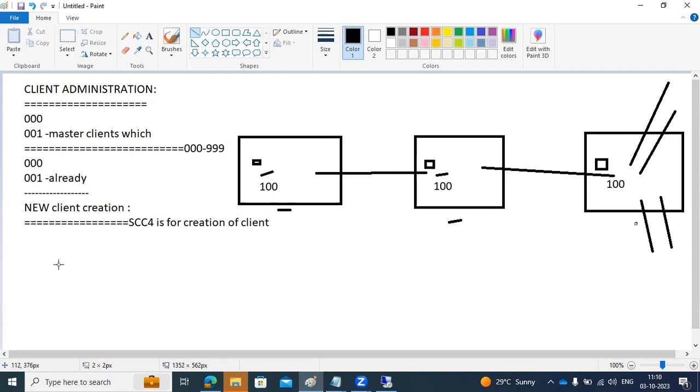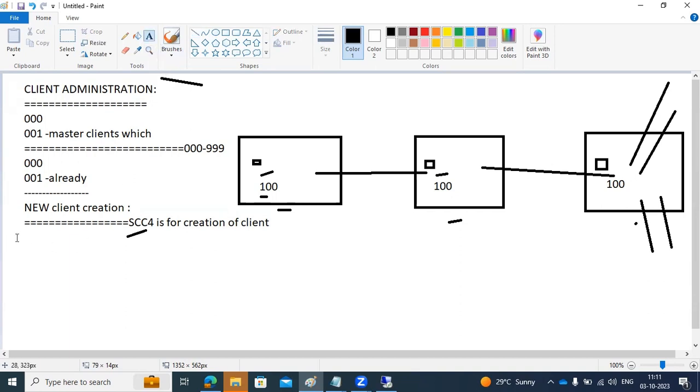For client creation, we can directly go ahead and use SCC4 to create it. But you are creating the same client in development, quality, and production, so both clients have similar configuration. Suppose data is coming to the ECC. It will be in confusion whether it should go to the development 100 client, quality 100 client, or production 100 client. Where should it go? Because the client configuration is the same on both sides. The clients are the same here. That is the reason, before you create the client,